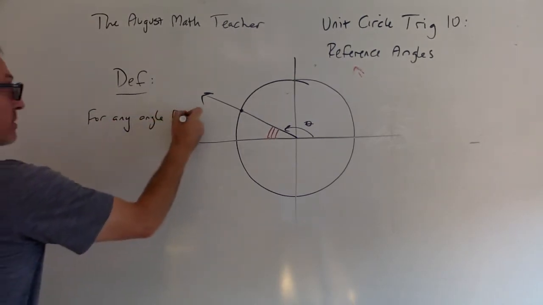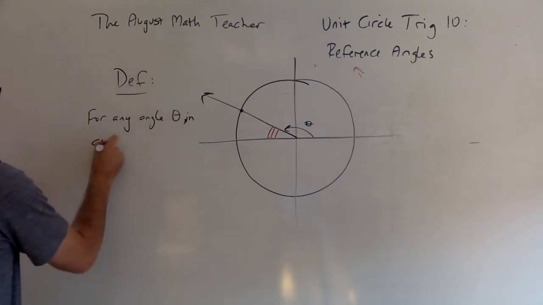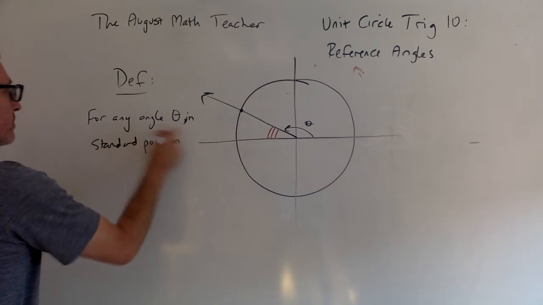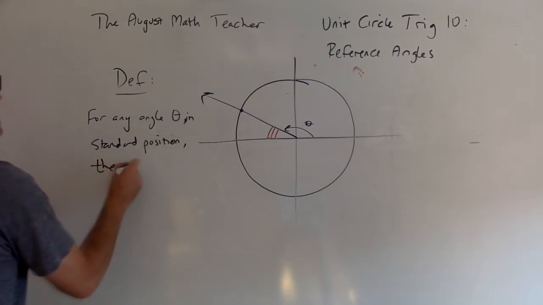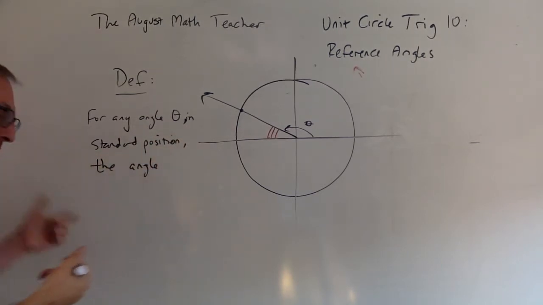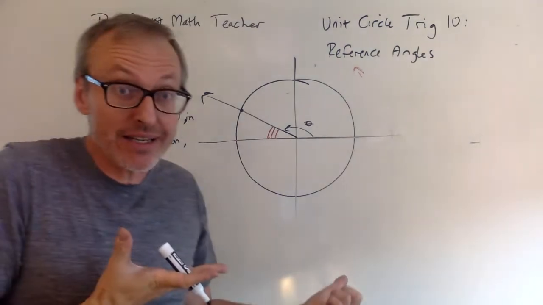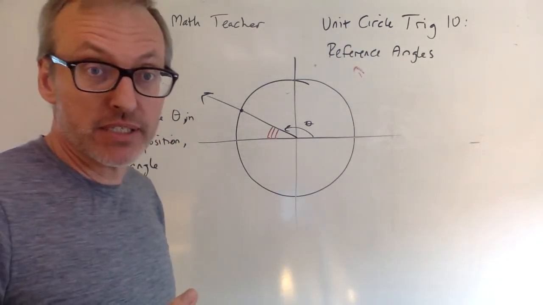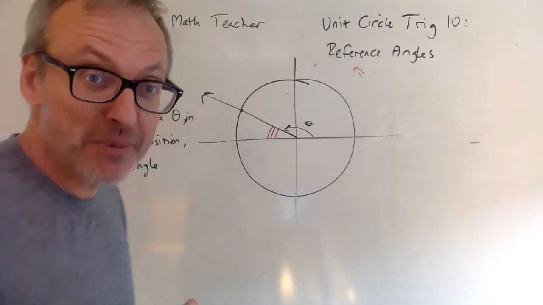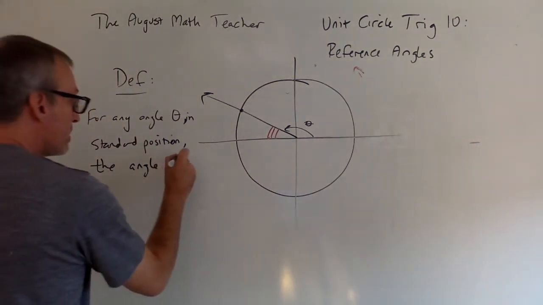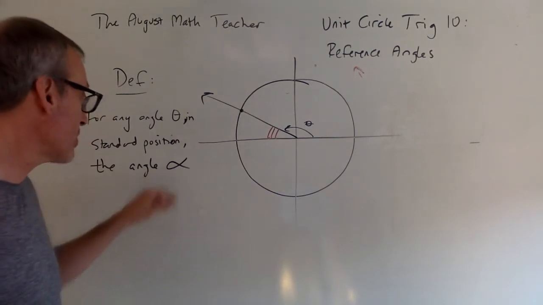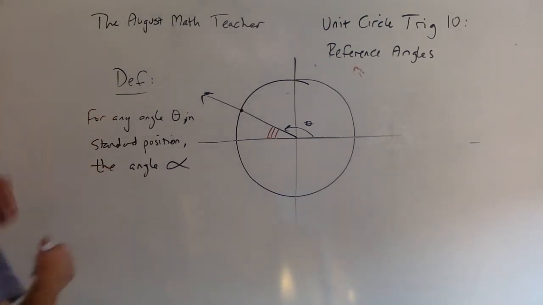So, for any angle theta in standard position, the angle, and I need to give a different letter for it because it's going to be related to theta, but it's going to be different. I'm going to give it a different Greek letter. That's traditional, sorry. I'm going to make it alpha. Alpha is a relatively simple one to draw. It looks kind of like a fish. So the angle alpha,